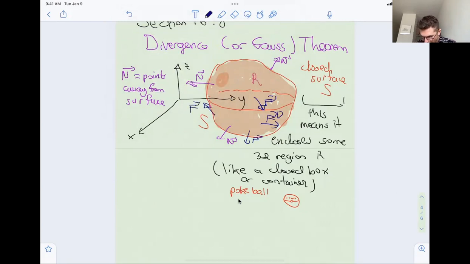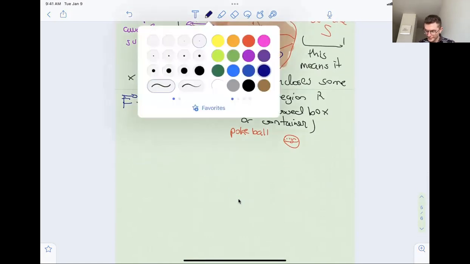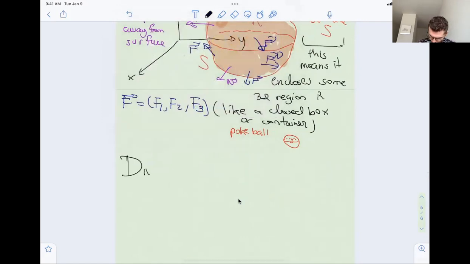So if you have f, which is a vector with 3 components, what the divergence theorem says is that the flux of f,